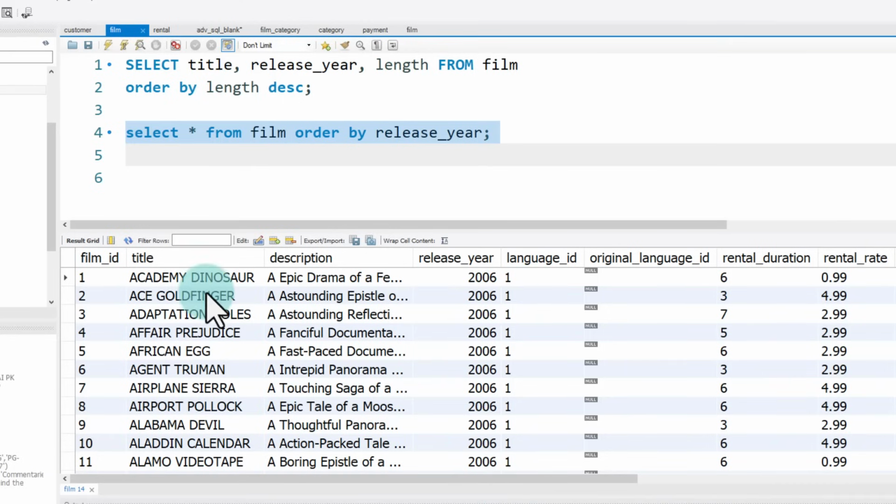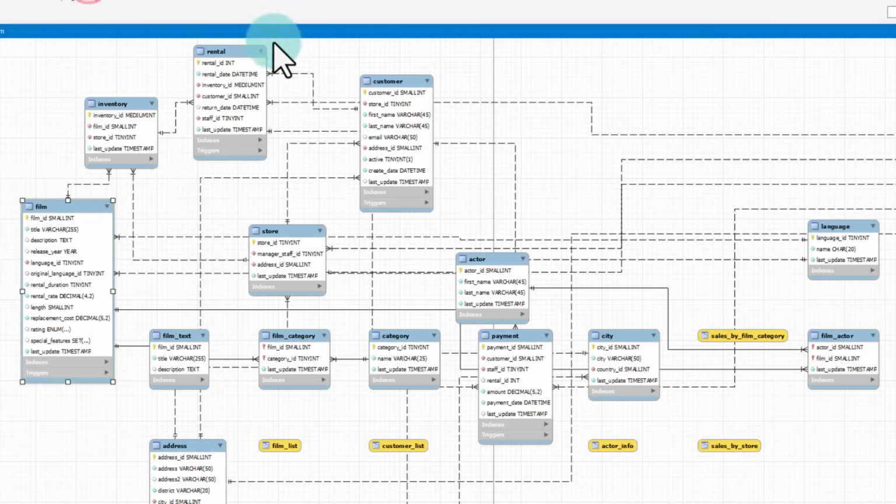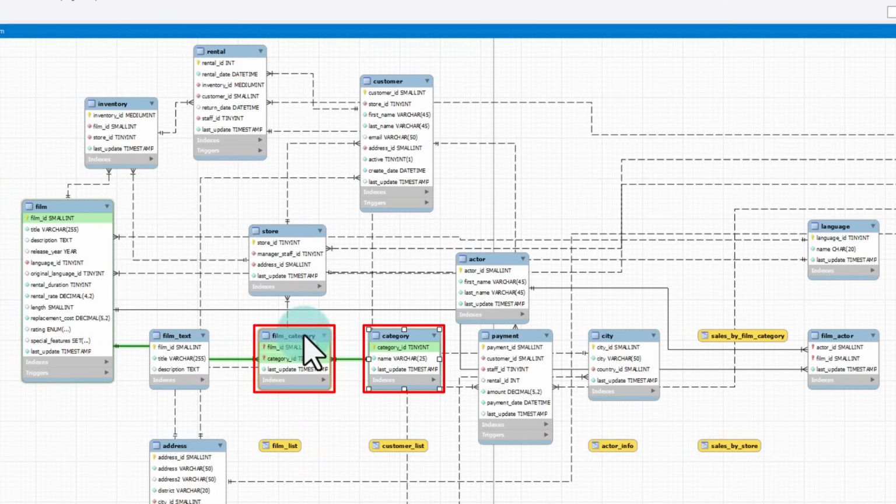In order to know the category of a film, we will need to go into a different table. And that table is the category table. Here I have got category table. This table lists all the categories, and there is a film category table. It is kind of like a mapping table that tells us what category each of the films belong. As a film can be both comedy and horror, it will have multiple rows. So what we want is, we want to use these three concepts here. The film concept, the film category concept, and the category concept, and then figure out all the sci-fi